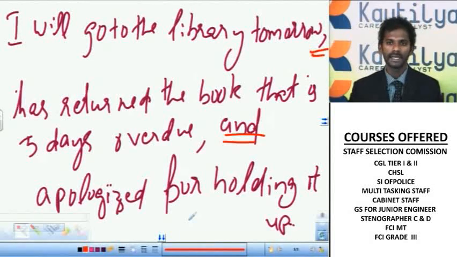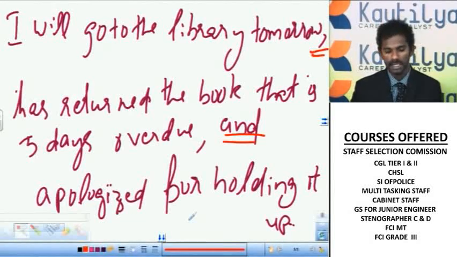It can never be like this, that one idea is a single word and the other idea is a clause, or one idea is a clause and the other idea is a single word. It can never happen that way. If one idea is a single word, all the others must also be single words. Similarly, if one idea is a clause, all the others must also be clauses. Clear? So in this sentence, we don't require the concepts of gerund and infinitive, because there's